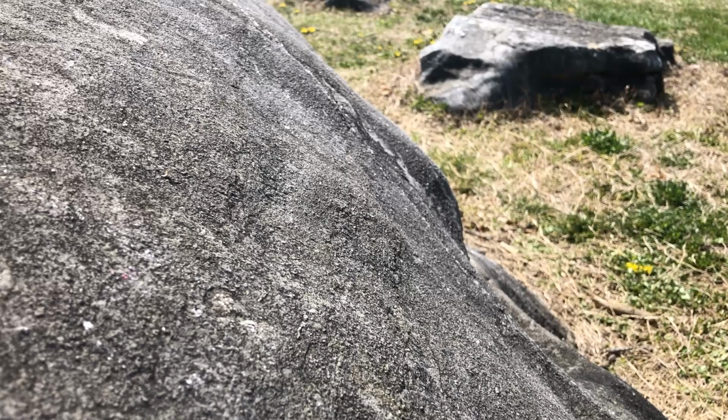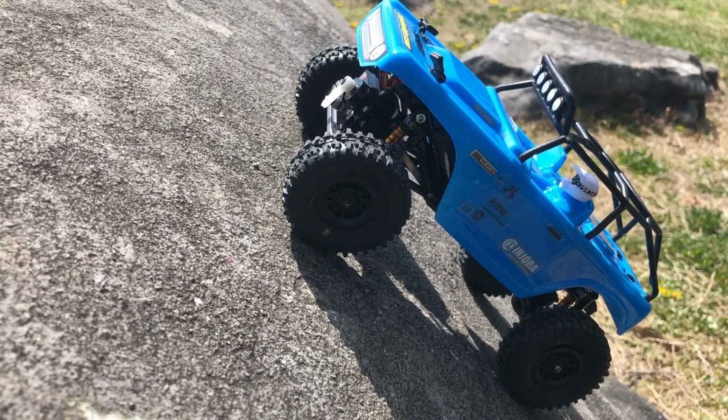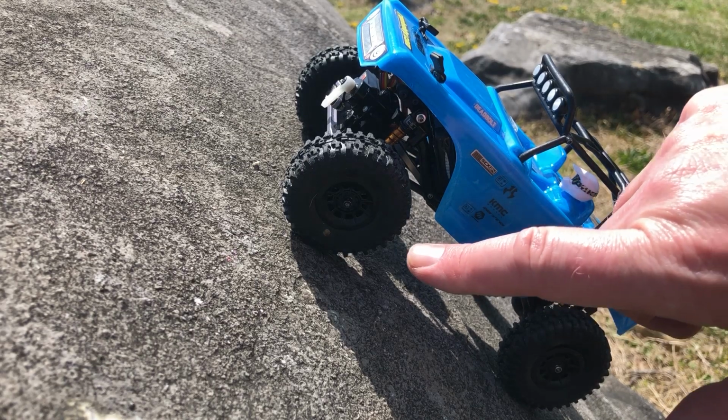Climbed that just fine, not a bit of wheel spin at all. So let's put the tusks back on. Okay, and these are the tusks. For the purpose of this video, I'm just running them all on the same wheels. I'm not even unscrewing the